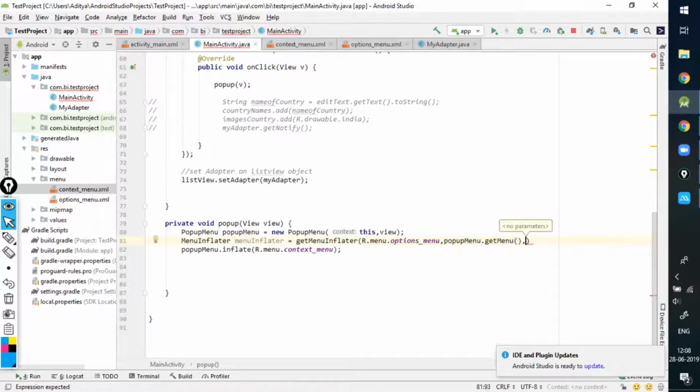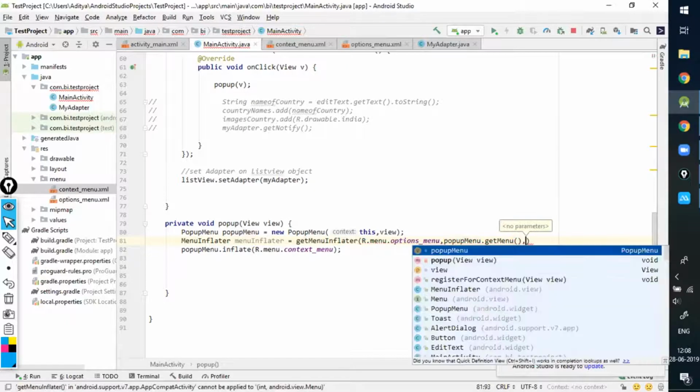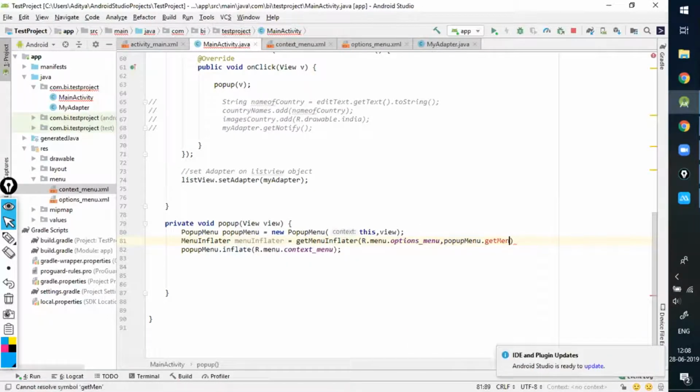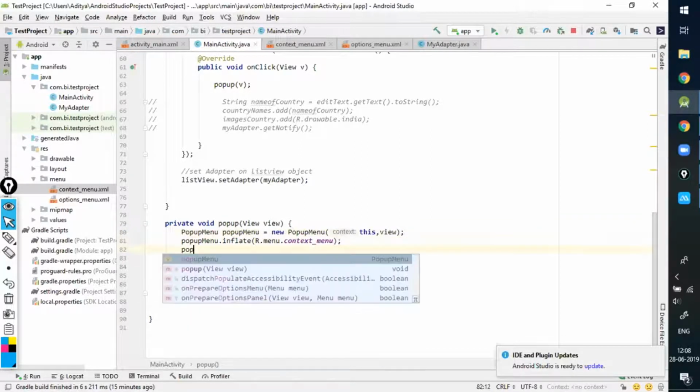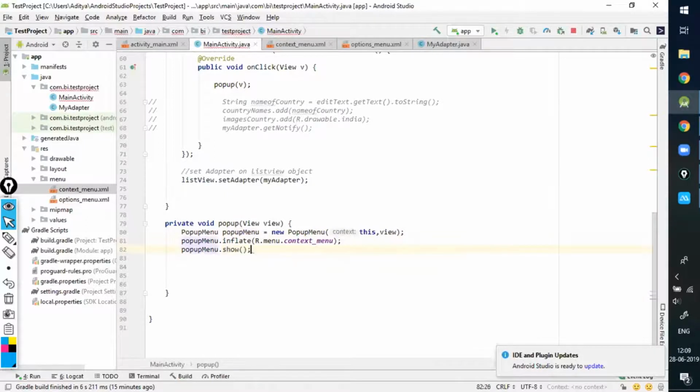But we are missing something. There's some mistake which is happening over here. I'm not able to figure it out at this moment. So what we'll do, we'll just go with popupMenu.inflate. That's it. After this, the last thing which you need to do is popupMenu.show.